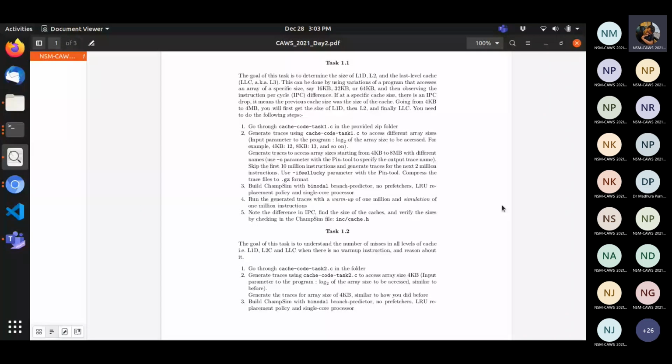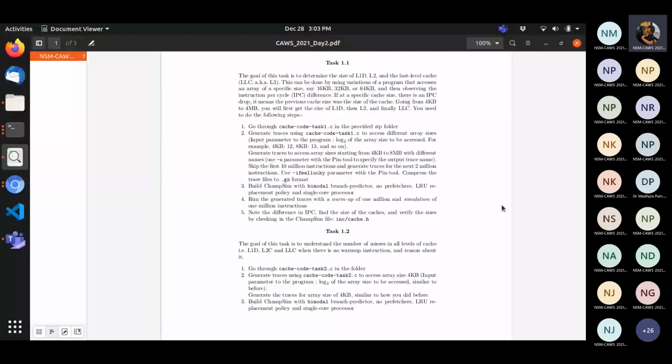And then once you have generated the traces, you should forget about the trace generation part. I can see that most of the queries are mixing the trace generation with the simulation part. Simulation is reading the trace, where the trace is nothing but a sequence of instructions, whatever we have been discussing for the last 2 days.